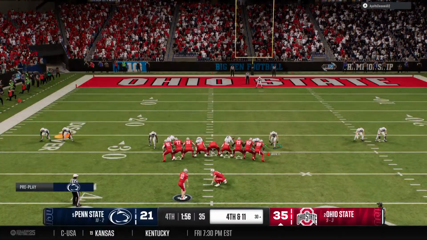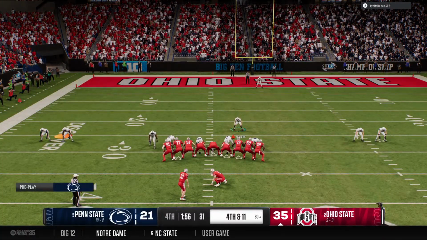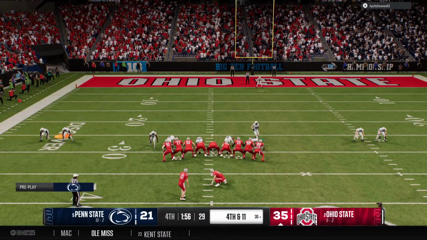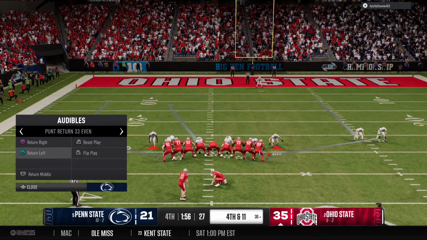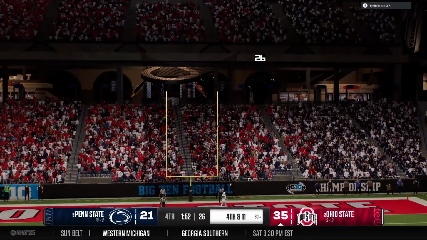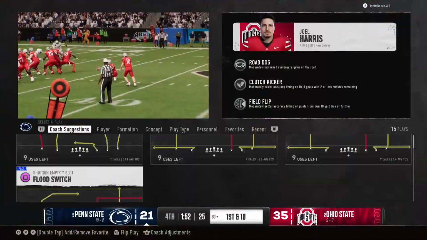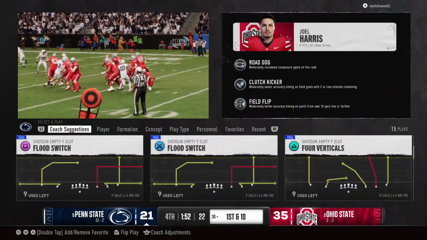So the decision is to not go for it, but settle for 3. Here comes the field goal team. And the importance of this attempt, if he makes it, it's now a 3-score game. He missed it. Off the miss, the lead is still 14, a 2-possession game.